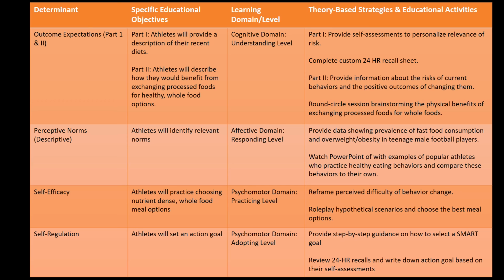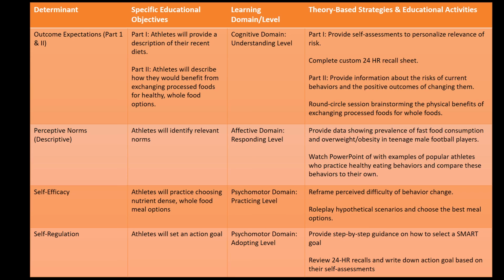Moving on to part two, the specific objective would be for the athletes to describe personal benefits they would get from consuming less processed foods and more healthy, whole food options. The strategy I have for this part will be to teach the athletes about the risk associated with their behaviors, such as possible overweight and obesity or decreased athletic performance, as well as discussing the positive outcomes associated with changing